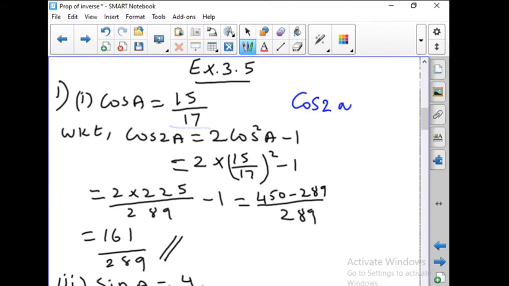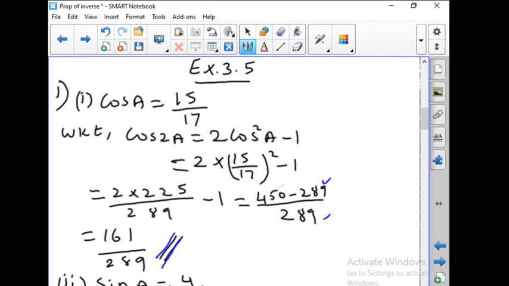Applying the value, 2 into 15 by 17 the whole square minus 1. 15 square is 225 and 17 square is 289. So 2 into 225 is 450; taking LCM, 450 minus 289 by 289,